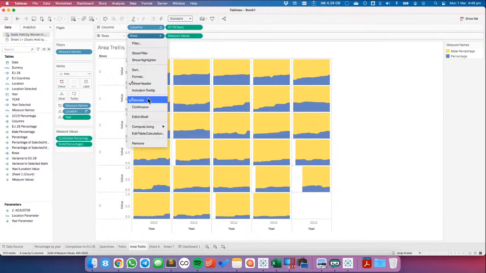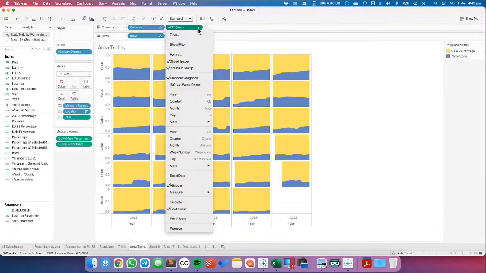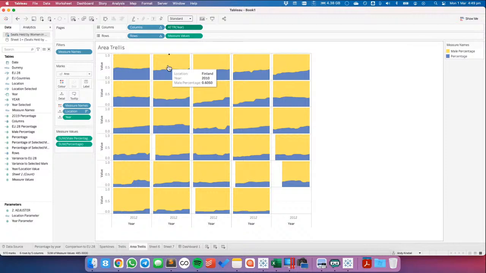And like I did with the other one, I would, let's see, so year. Yeah, what I would do on this one, so let's put percentage. And then male percentage. Yeah, so here we go. Male percentage. Okay, anyway, include tooltip, there we go. So now I can just say that. So what I would do on this one is I would then